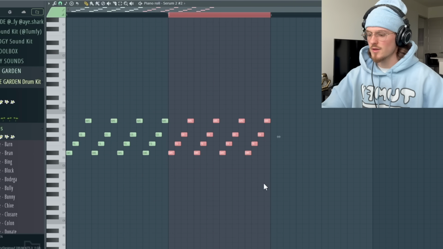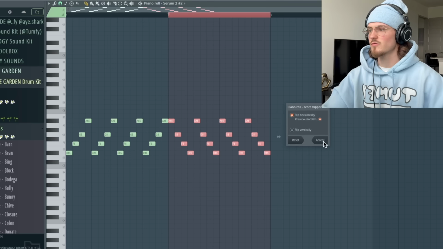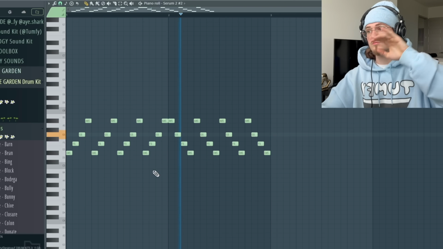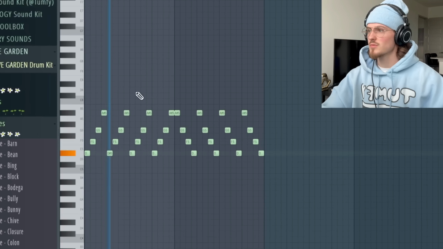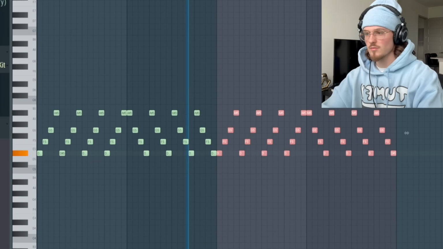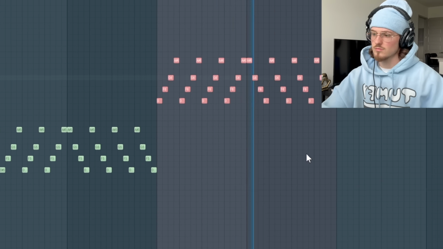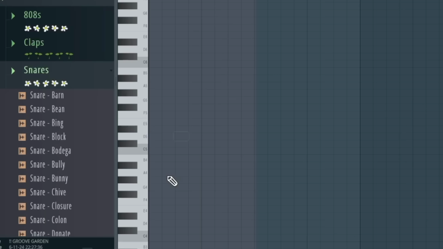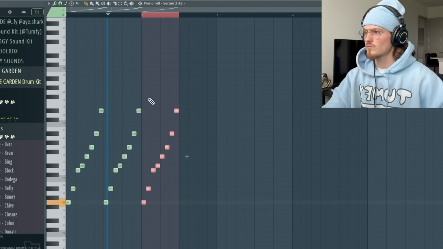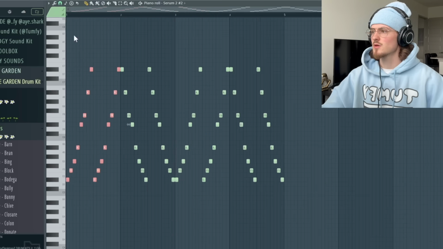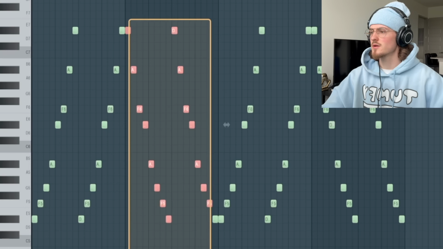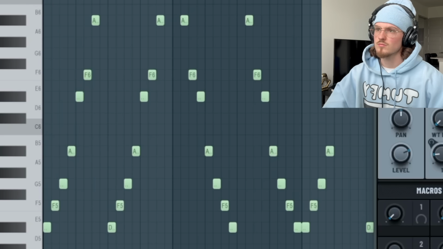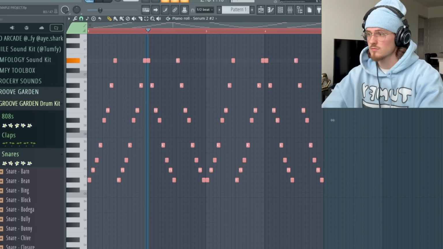And then repeat that, and then press Option Y, and it'll flip. You can even copy and paste all this, pitch all that up. The rules are pretty loose with this one. The main idea is that it climbs up and down. The climbing up is like your call, and the climbing down is like your response. I like doing it with plucks, but you can really choose whatever sound you want. Plus the midis usually just kind of look cool.